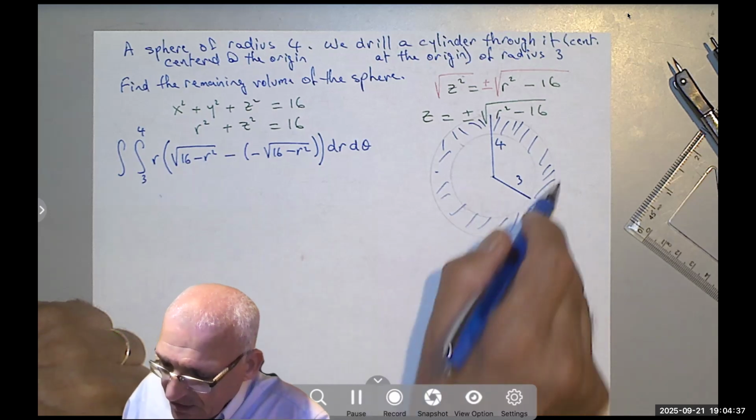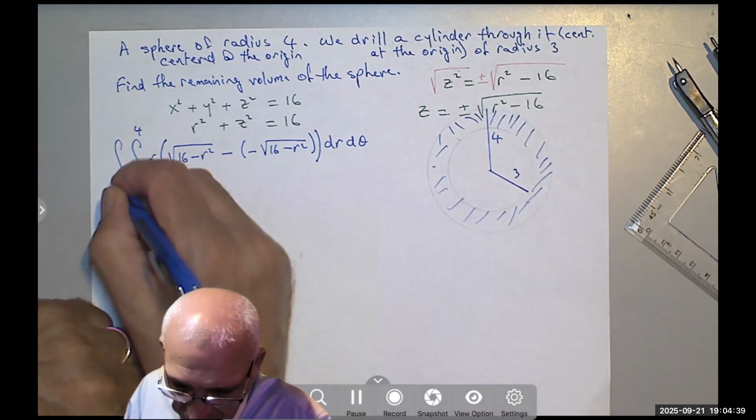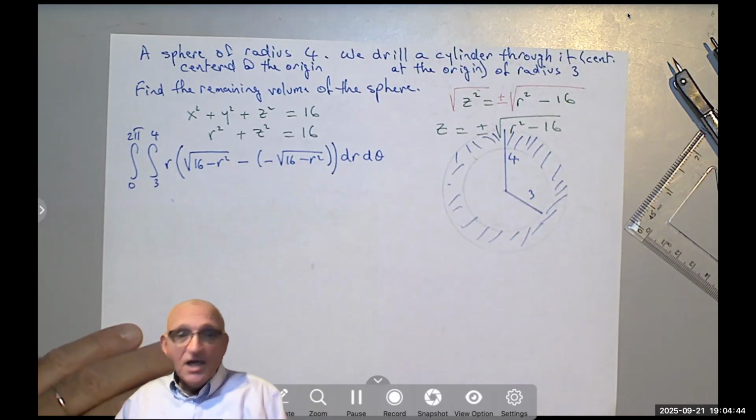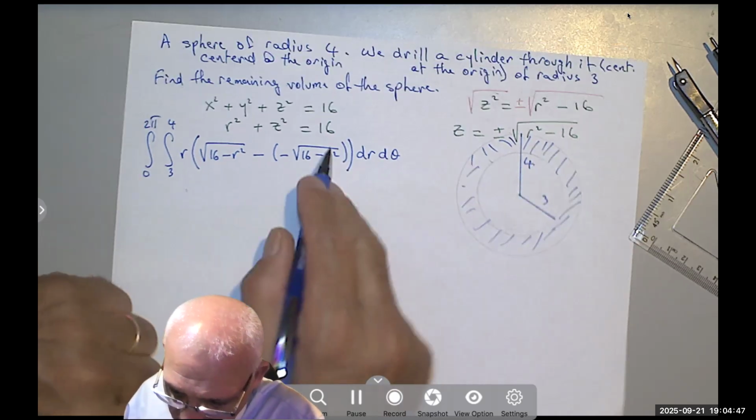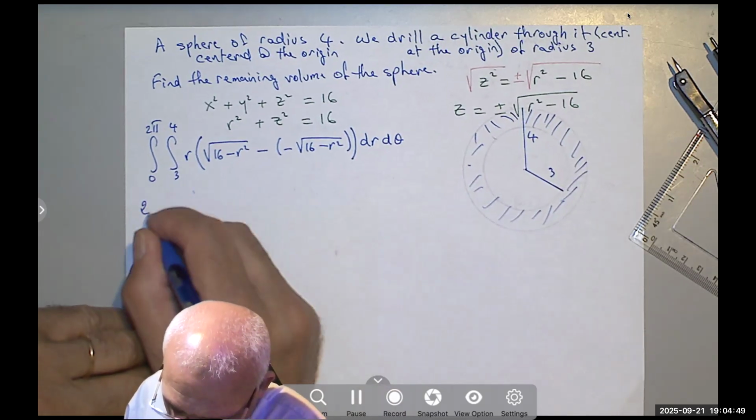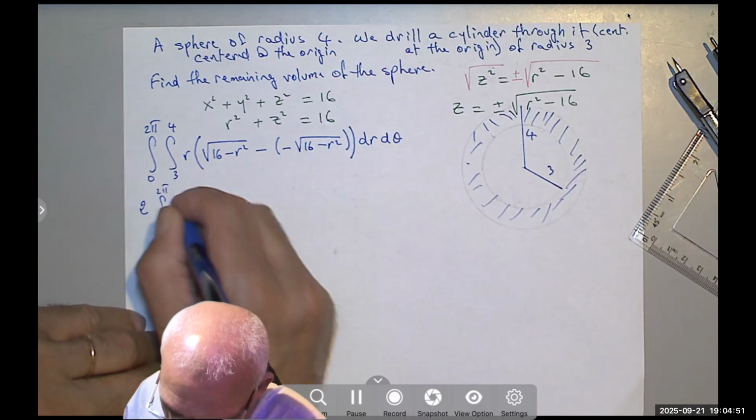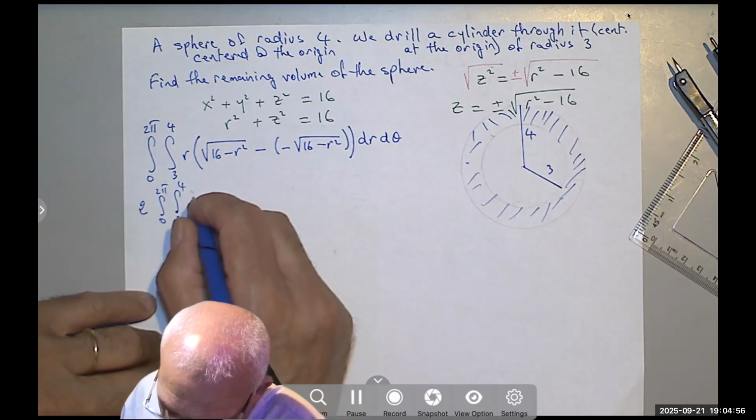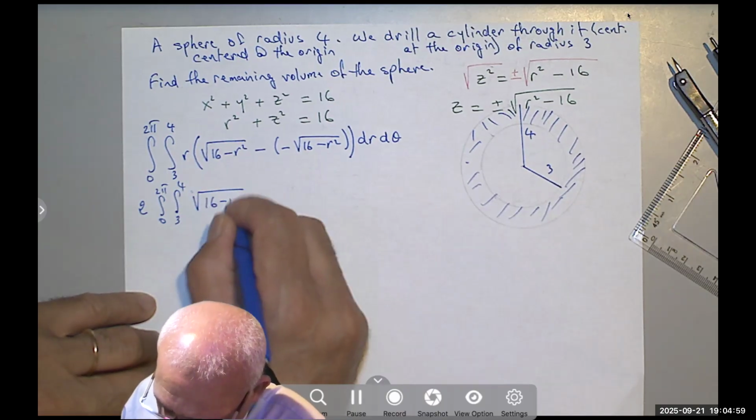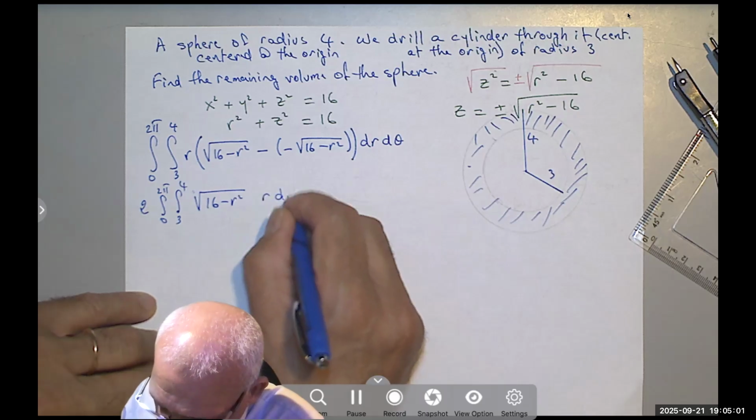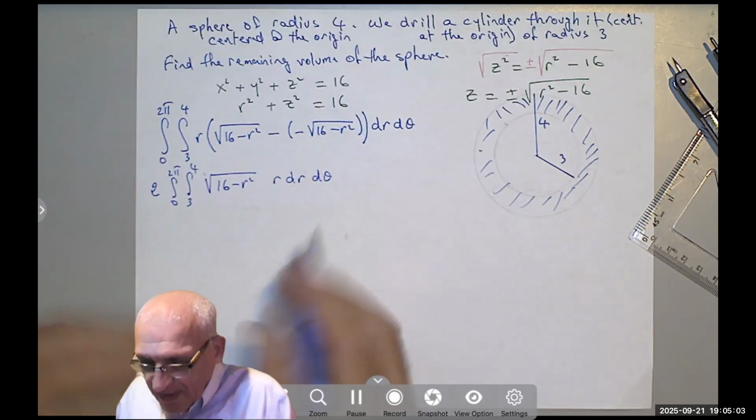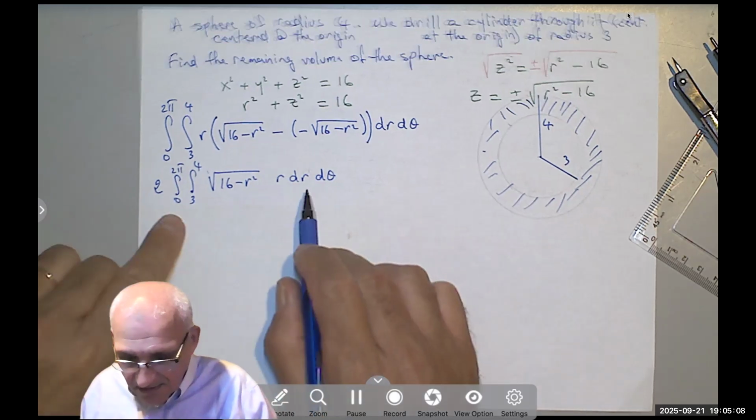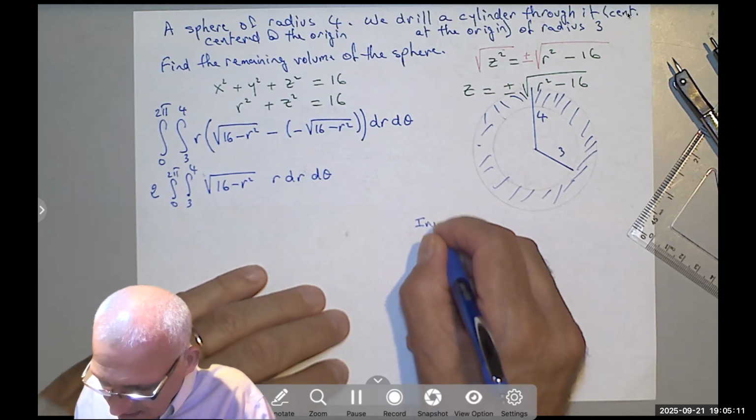And theta goes from 0 to 2 pi, so that's easy. It's the whole circle. And that will give me the volume. Notice that negative times negative is positive, so I will end up with 2, the integral from 0 to 2 pi, integral from 3 to 4 of the square root of 16 minus r squared times r dr d theta. When I look at the inner integral,